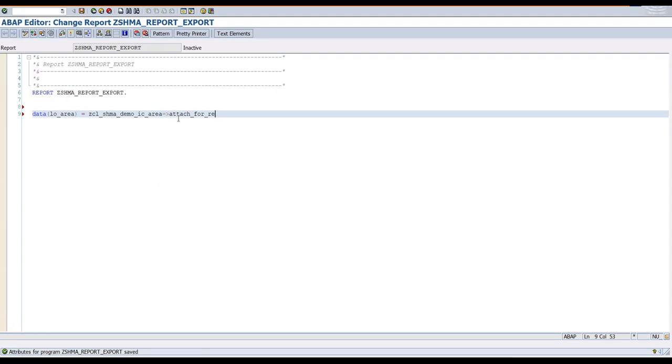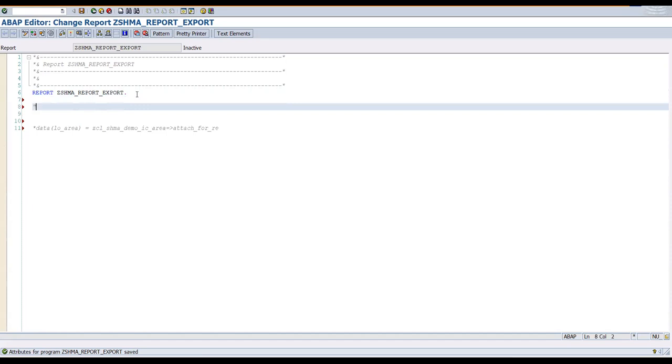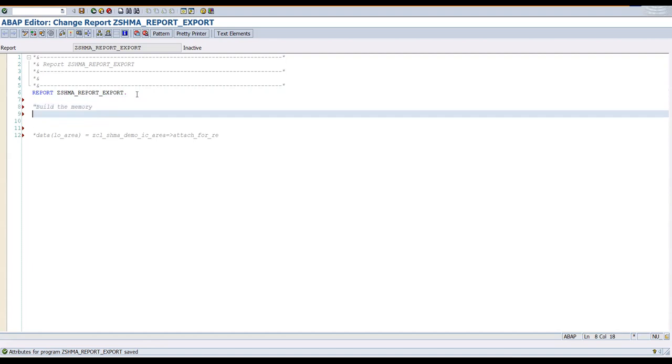We have to first build the memory, right? Let me do one thing, comment this one. First step is to build the memory, then only we can transfer the data, right? To build the memory, what we'll have to do is